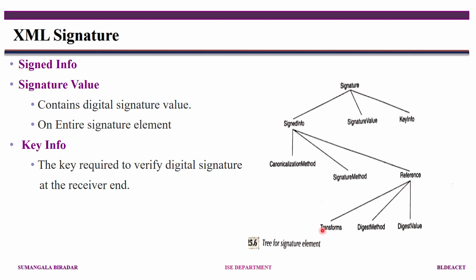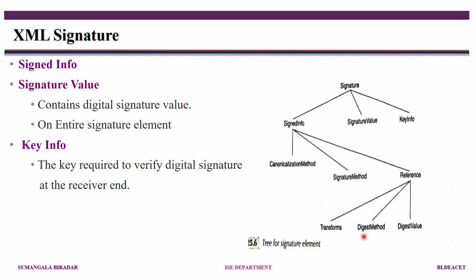Reference means, as I told you, the URI, Uniform Resource Identifier. For identifying the web services, you use the identification as a URI, and that URI is transformed. How it is transformed and which digest method you used is specified. Digest method means which type of method you used to get a message authentication code, for example a hash function, SHA, or message digest. You can call a hash key a message digest here.